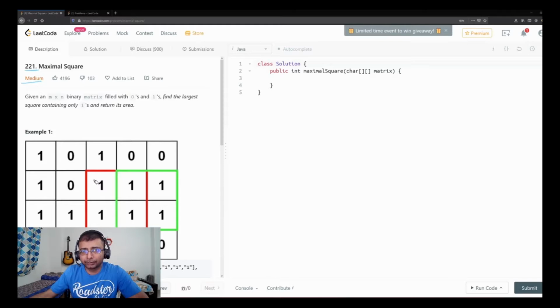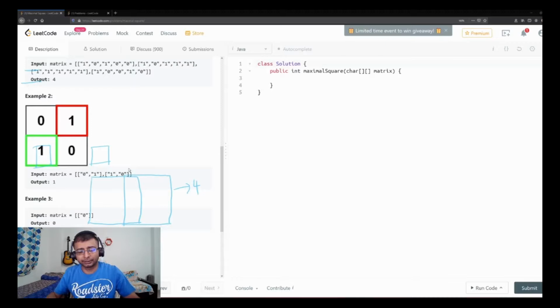So here we have two answers, one being here, the other being here. Both are contributing 4 units, and we have several single units as well present over here. Okay, so we'll see some more details. We have another